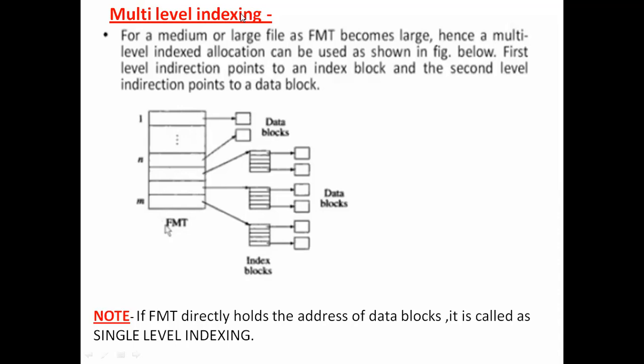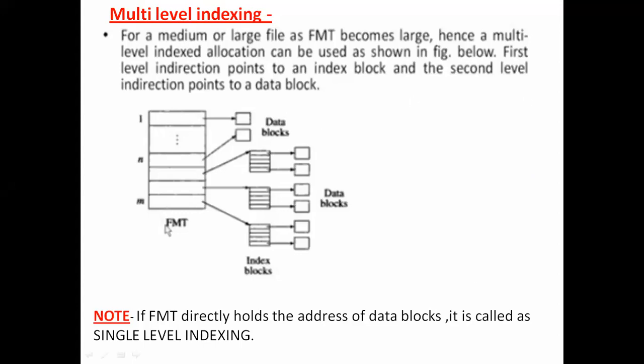For example, if the contents page of any book is itself say hundreds of pages, I can go for contents to contents, I can go for an index to the index. The same concept applies here also. Suppose the FMT table is very large, and this could happen if the file itself is very large, I can expect the FMT table to also be of larger size. In that case, I can go for index to index, or content to content.